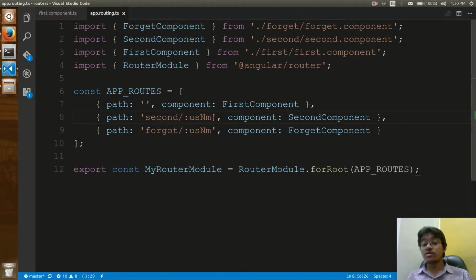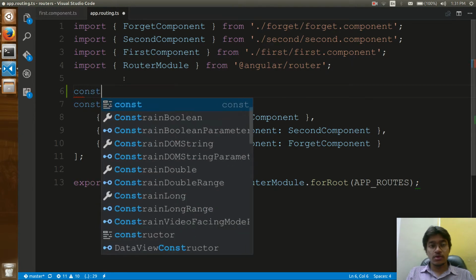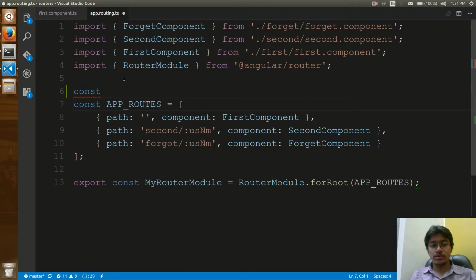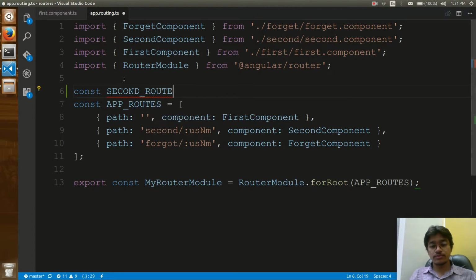So a route would be having an inner route. So here you can say const, and I can say second route is equals to of type Routes. Of type Routes is equals to the array,